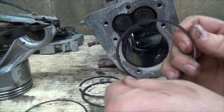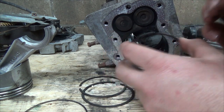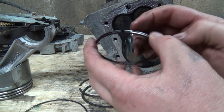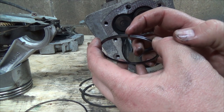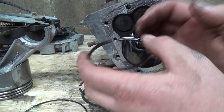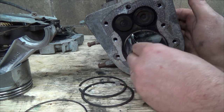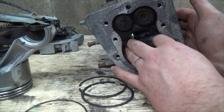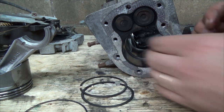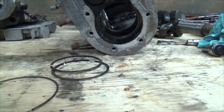Okay, so with her nice and clean, what you do is when you put it back in your engine, we're just going to slide her back in, just kind of bare. You would get your feeler gauges, and wherever it's sitting there, you'd measure this gap. Now, if that gap's too big, that means she's wore out, or if it's smoking, of course. Now, if this goes in down to roughly where it sits, I think this thing actually might be a little eggy. Now, I'm not perfectly getting that bang on there, but basically, you would measure